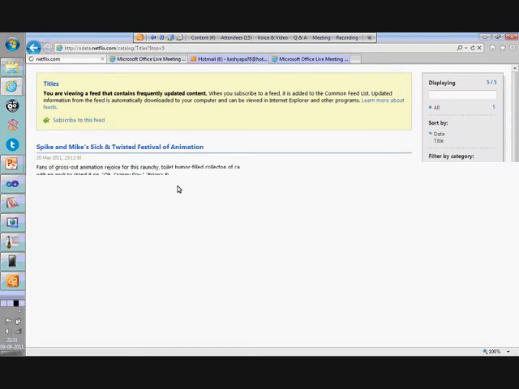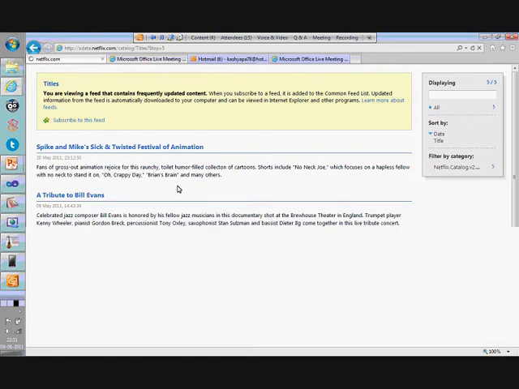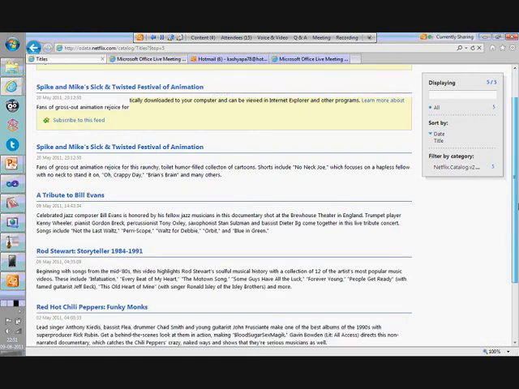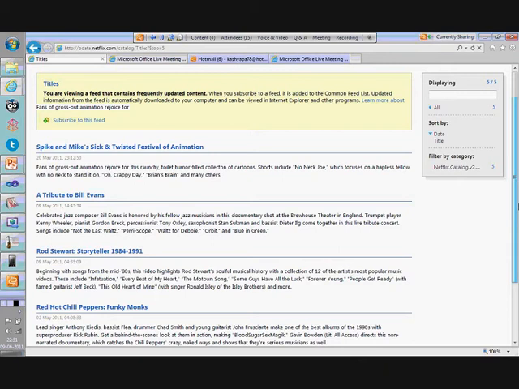What you're seeing is a traditional RSS feed that browsers are capable of identifying. This is standard IE behavior: if there is any RSS feed on the screen, it goes ahead and applies its own style sheet magic and shows you how it looks. So rather, if I just do a view source on here,